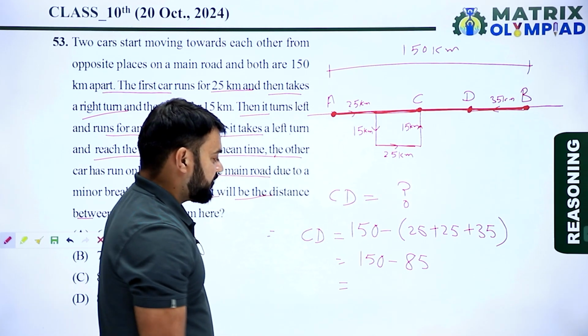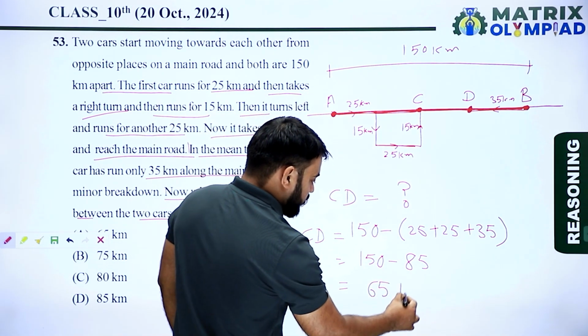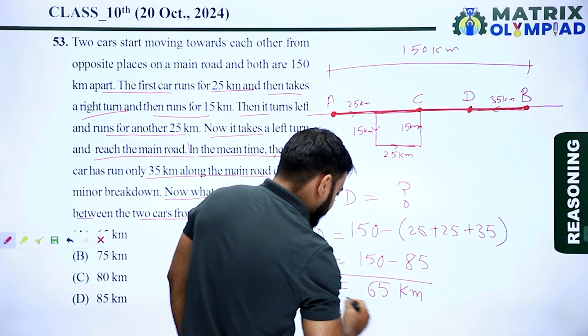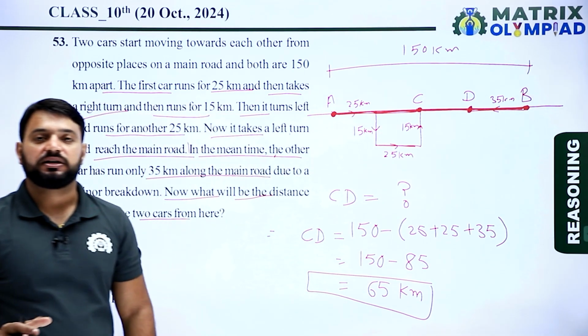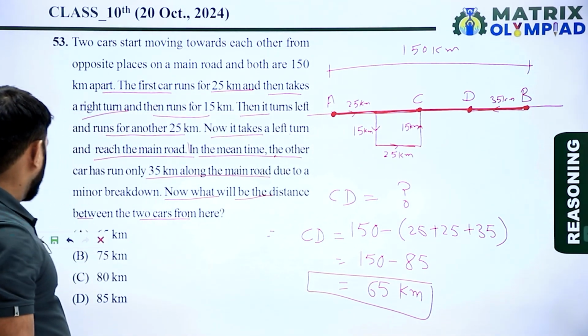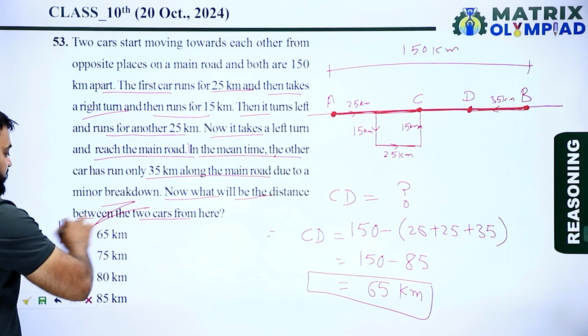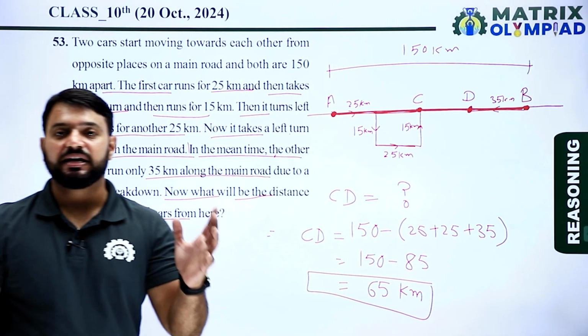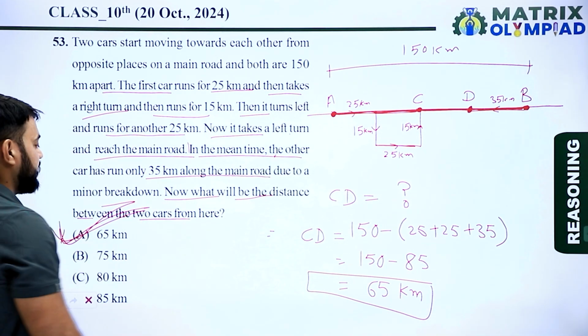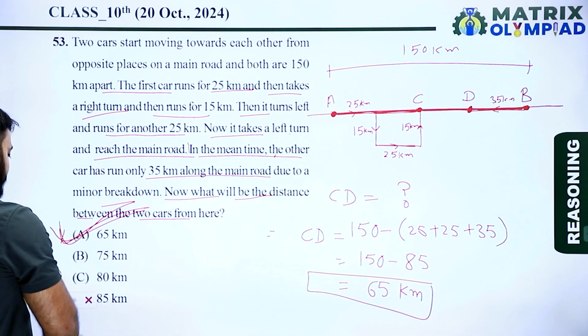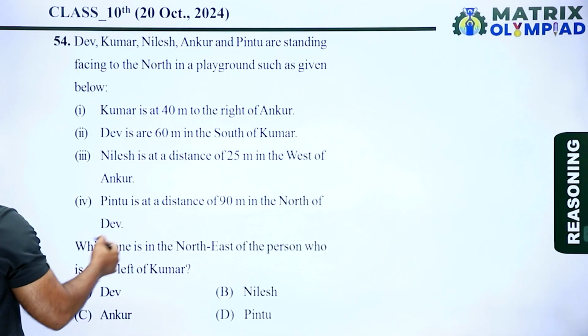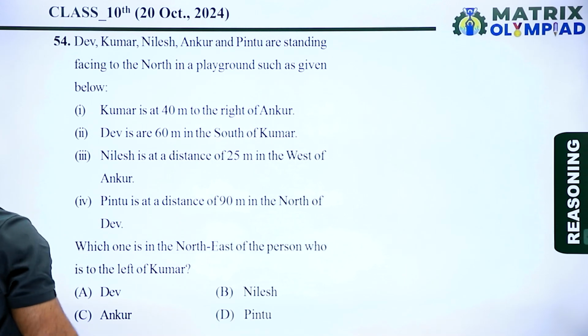150 minus 85, it means 65. अब दोनों कार के बीच की डिस्टेंस 65 किलोमीटर बचेगी. So here option A is the correct answer of this question. दोनों कार के बीच की डिस्टेंस 65 किलोमीटर होगी. सो ऑप्शन A इज द करेक्ट आंसर ऑफ दिस क्वेश्चन. नाउ लेट्स मूव ऑन टू द नेक्स्ट क्वेश्चन. सो नाउ नेक्स्ट क्वेश्चन इज क्वेश्चन नंबर